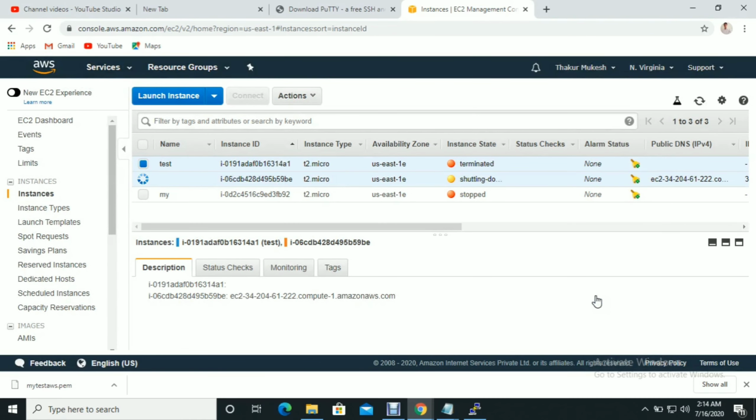Okay, so this is the way we create the EC2 instance, but in this video I showed you all the default parameters. But in the next coming video, we will create them manually and then we will attach those parameters to the EC2 instance. Then you can easily understand.